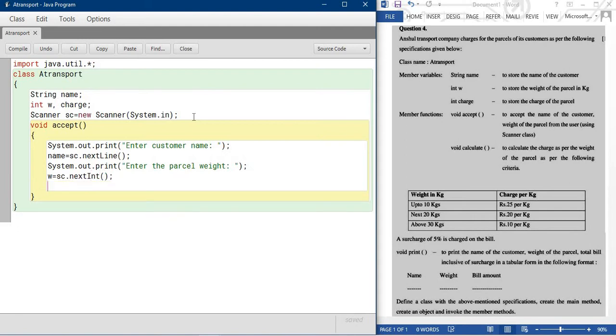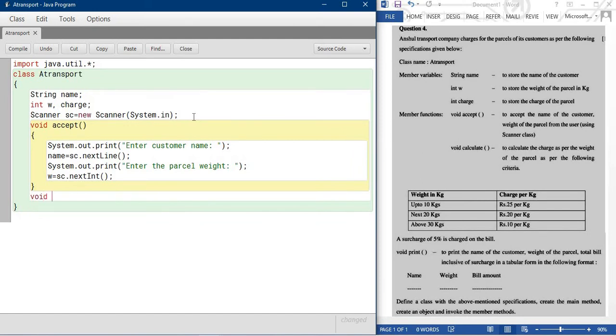Please look carefully at the program, because due to one small mistake your program will have an error. Java is a case-sensitive programming language. So if you need to provide a capital and you write a small letter, Java will not accept that. Remember this small mistake and don't ignore it. Avoid any small mistakes in your program.